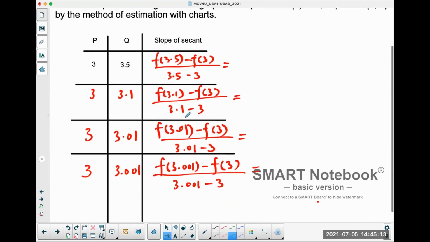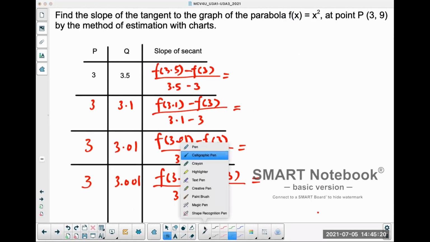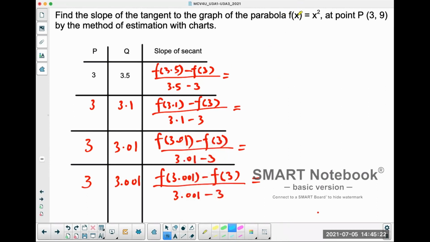Now, for time, I wrote some of it out already. So here, I have this function, f of x equals x squared. So I have a parabola here. And I have a point at (3, 9), and want to find the slope of the tangent at that point. Okay, so my point P is at 3, and my point Q is a little over to the right, 3.5. And I'm going to make the second point progressively closer to 3